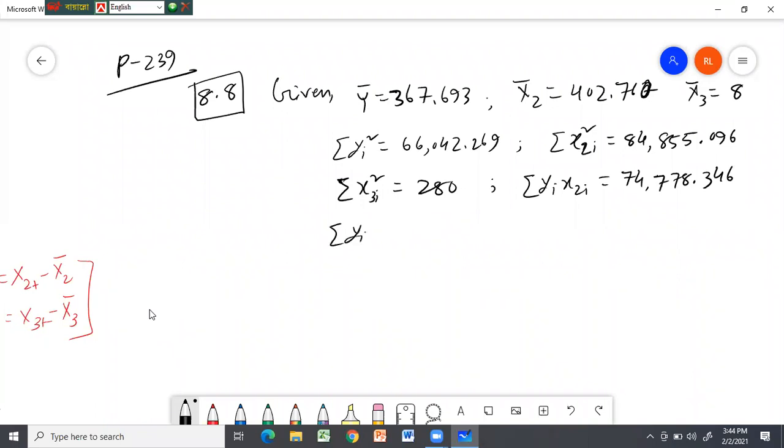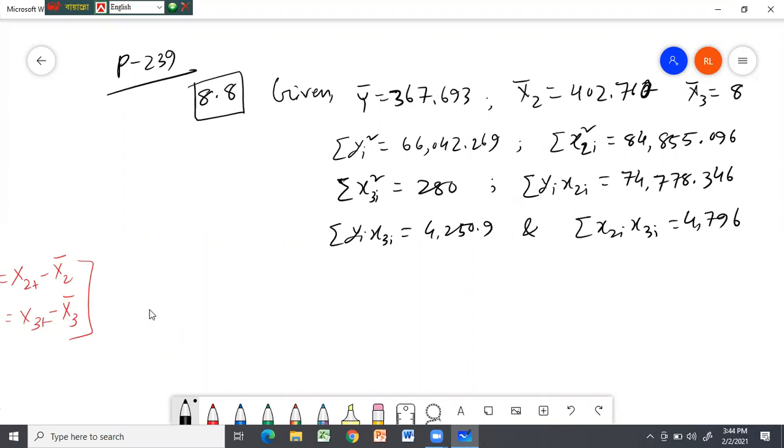Sum of yi into x3i is equal to 4,250.9, and sum of x2i x3i is equal to 4,796. So these are the information you are given, and based on which